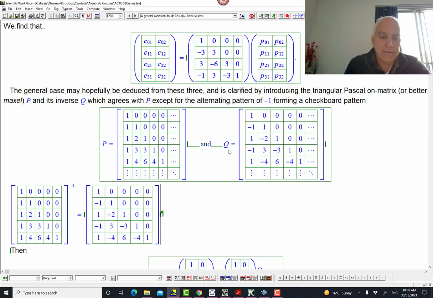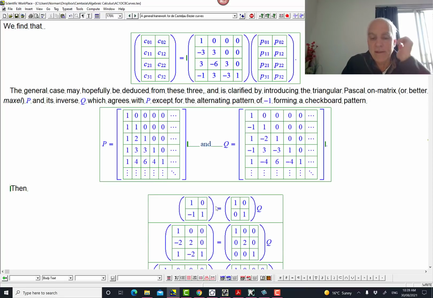And the fact that I'm just doing it here in the 5x5 case, it's completely general. You take any top left submatrix of this situation and take its inverse, you're going to get the corresponding submatrix over here. So in an ongoing sense, these two matrices are inverses of each other. That one's P, this one's Q, let's say.